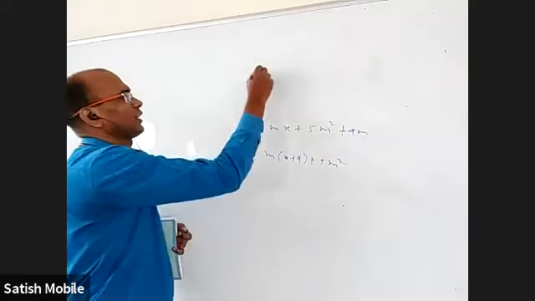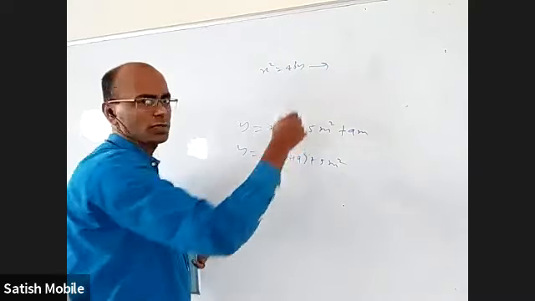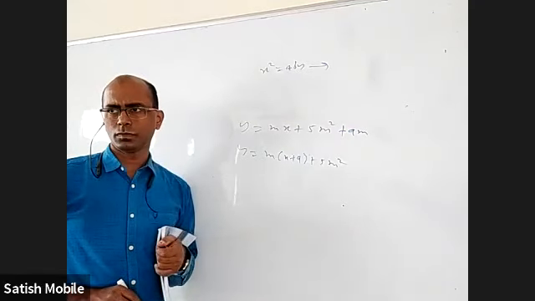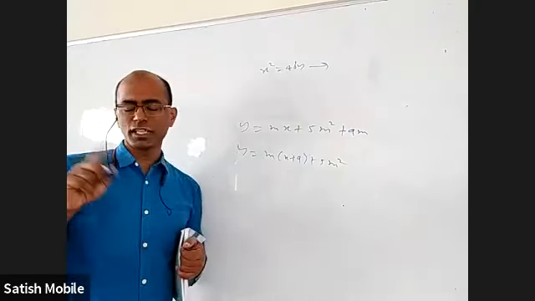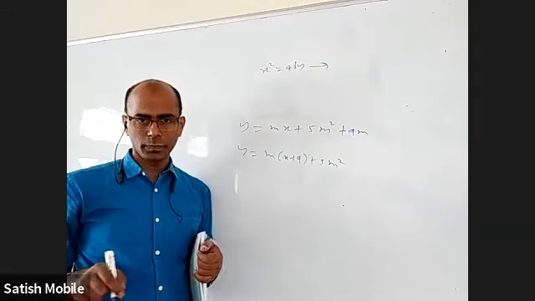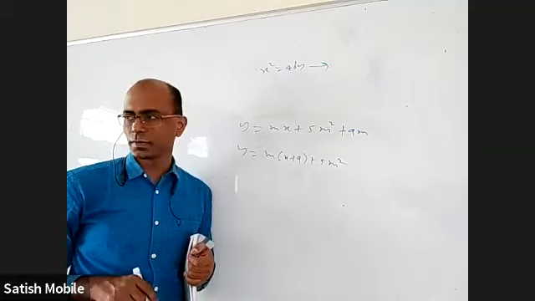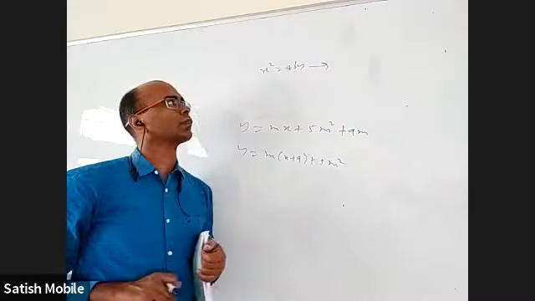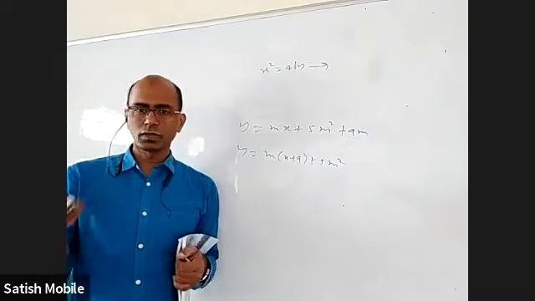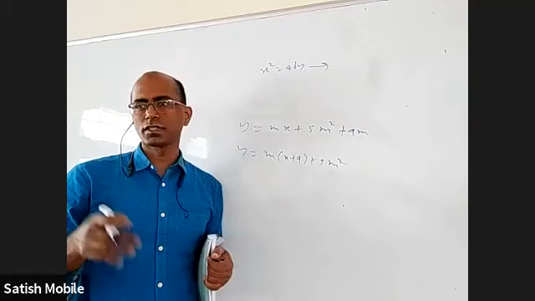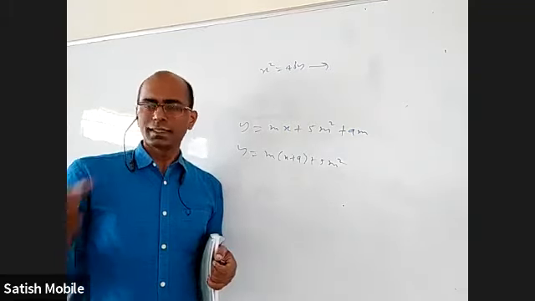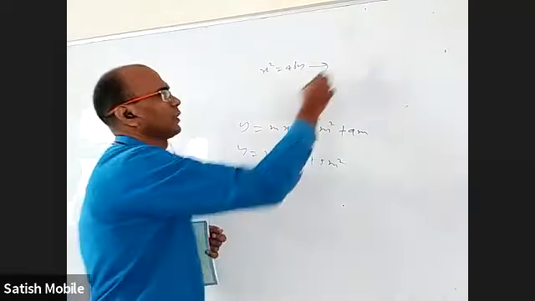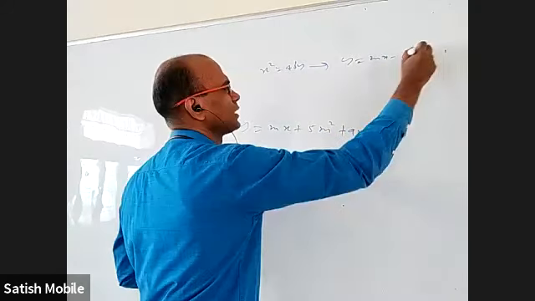You have to know this formula: for x square equal to 4by, anybody remembers what the general tangent is? For y square equal to 4x, it is y equal to mx plus a by m. For x square equal to 4by, what is the general tangent? Does anybody remember? Of course, you can interchange x and y. You take y equal to mx plus a by m. Wherever y is there, you write x. Wherever x is there, you write y. Wherever a is there, you write b. It will come. It is a general tangent, but that slope will not be m. The slope will be 1 by m there, because we interchange x and y. Anyway, it is y equal to mx minus bm square.